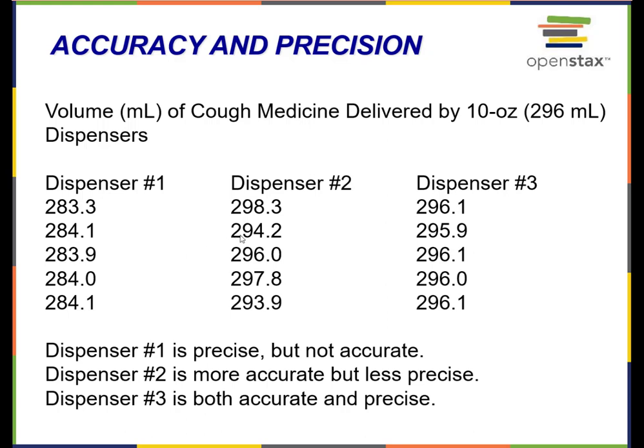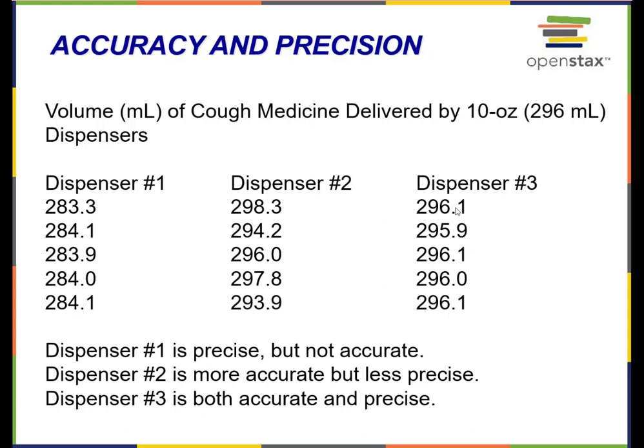These numbers over here, 298 to 294, 296, 297, 293, these are jumping all over the place. So they're closer to the value of 296, but they're not precise at all because they're jumping all over. So this measurement is not repeated very well. Maybe the way that I'm doing the measurement is not the same every time.